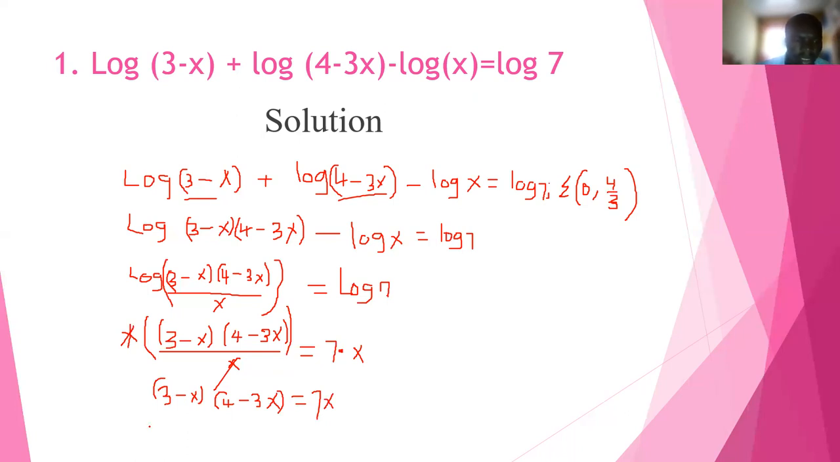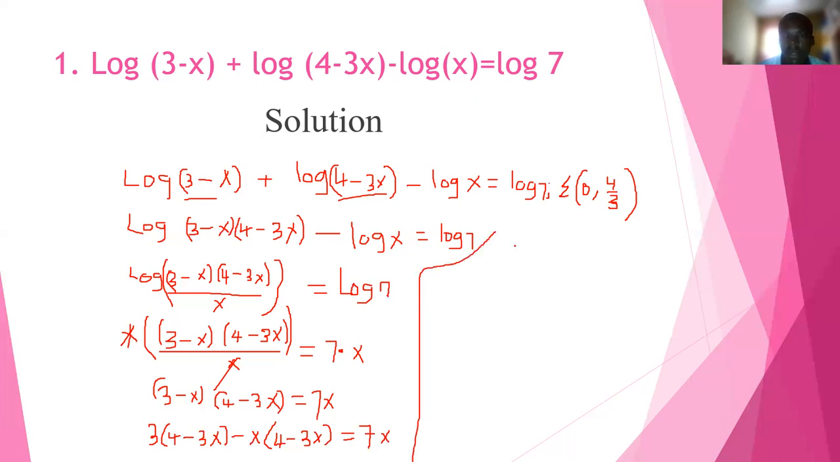So this is the same as 3 into 4 minus 3x, minus x into 4 minus 3x, is equals to 7x. So from there, we can now say that